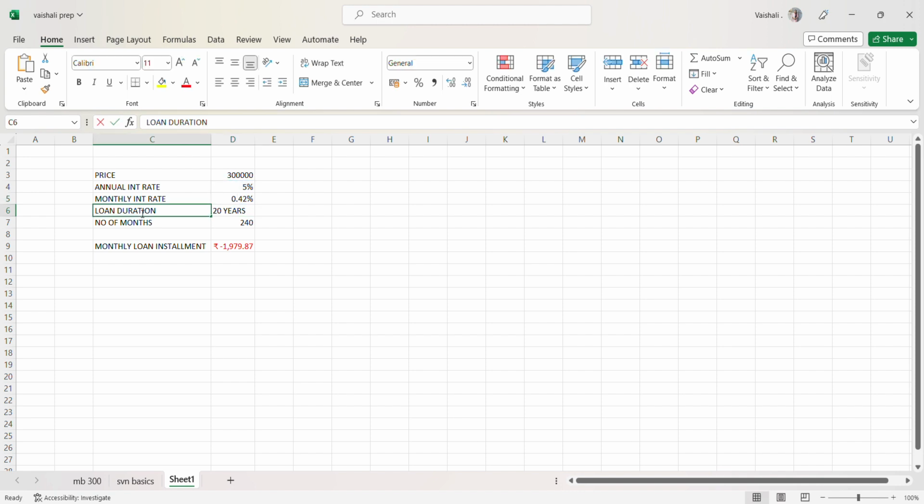Then the duration of the loan is 20 years. We will convert it into the number of months by simply multiplying 20 by 12. This will give us the number of months. So in order to calculate what our monthly loan installment would be,